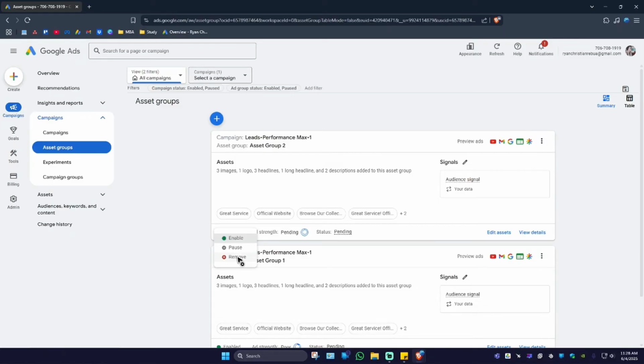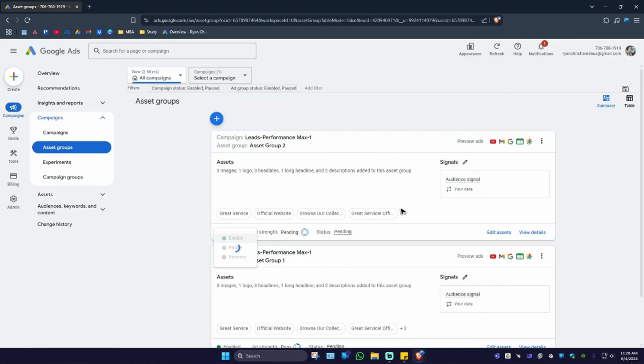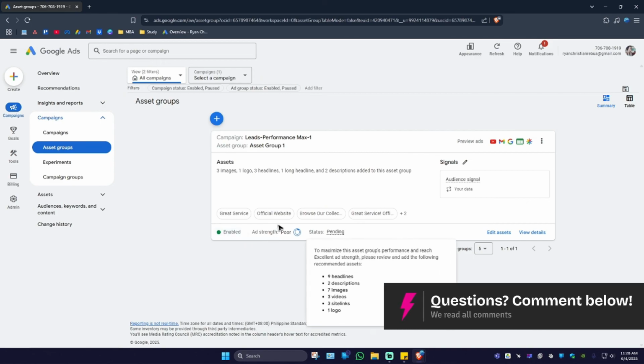Okay. Just click on remove and there will be a prompt. It says here, once an asset group is removed, it can't be re-enabled. Okay. If you're really sure, just go ahead and hit on confirm and wait for it to load. And once done,